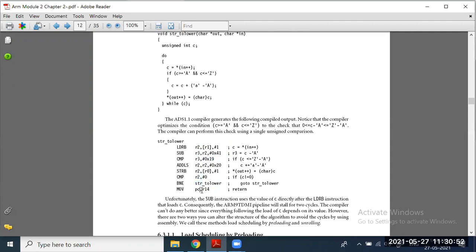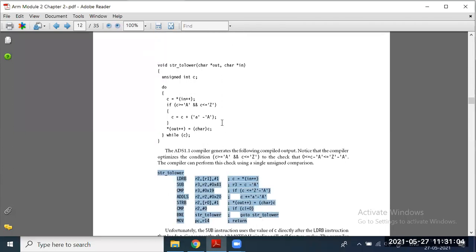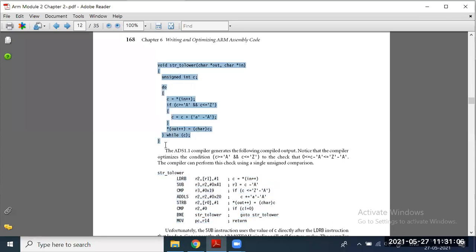At the last, PC will be loaded with the link register R14. This is the equivalent ARM code of the C code.